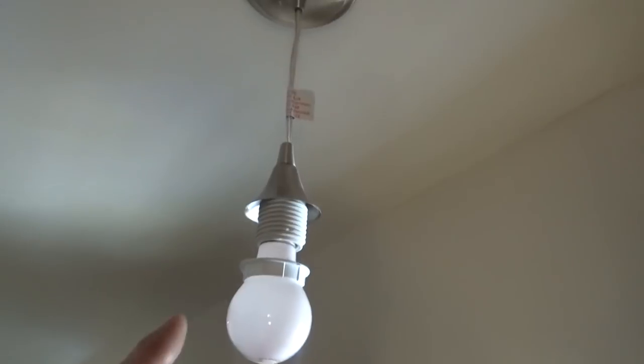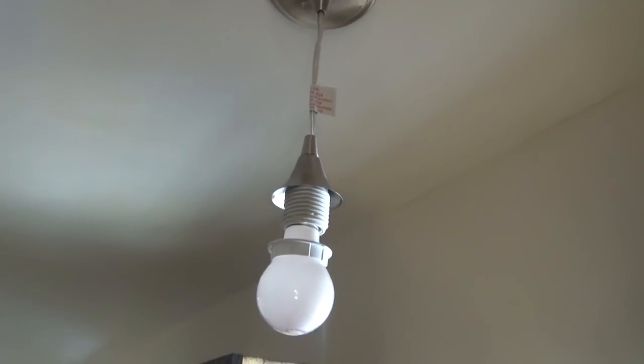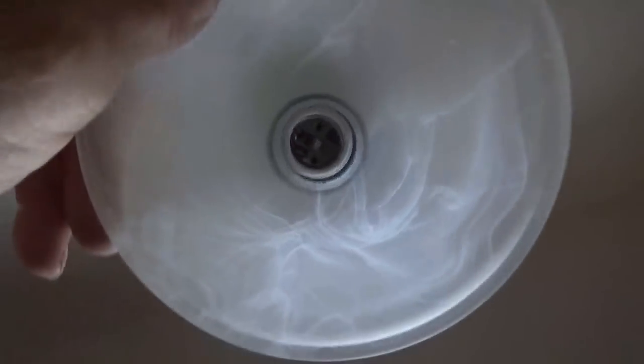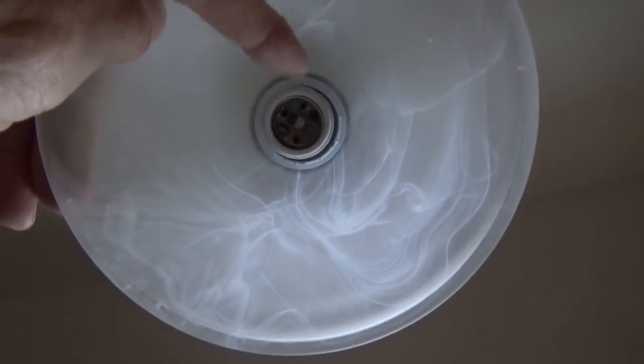So I'm going to take the bulb out first, take the nut down, put the globe up, put the nut up, and then put the bulb back in place. So you can see that it's not a bad fit on the top there. It's a good fit actually. And then inside there, the whiter piece on the outside, that ring screws over top of that